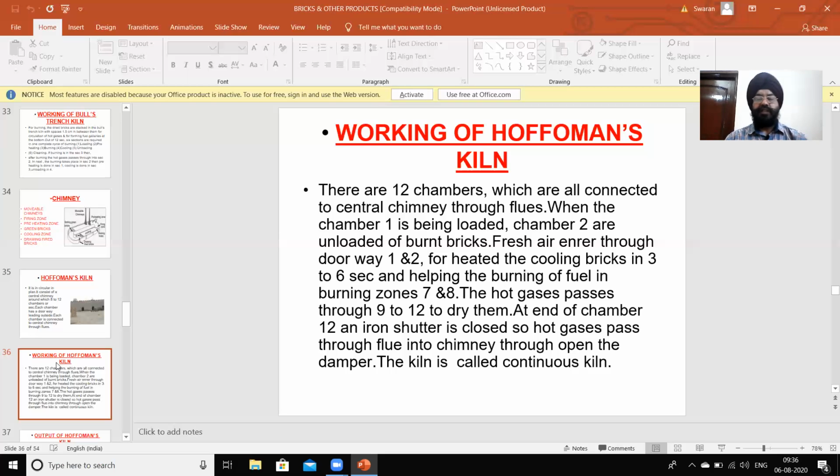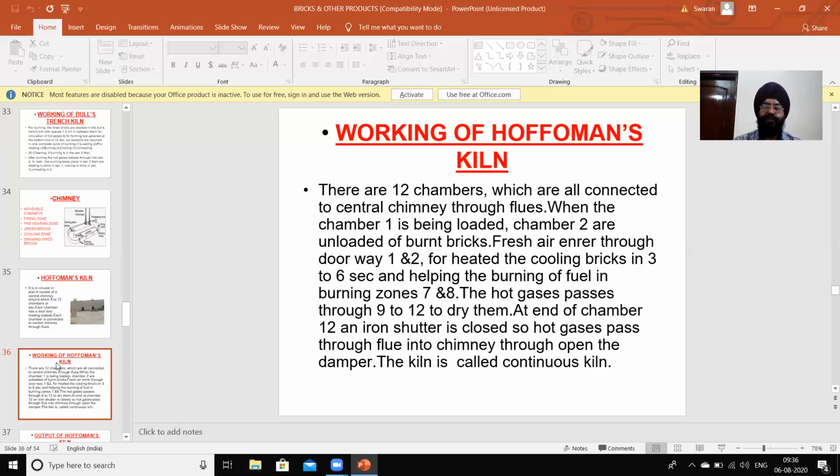So these are the main operations of the manufacturing of bricks: number 1 preparation of clay, number 2 molding of the bricks, number 3 drying of the bricks, number 4 burning of the bricks, burning through kiln: Bull's trench kiln, Hofmann's kiln.